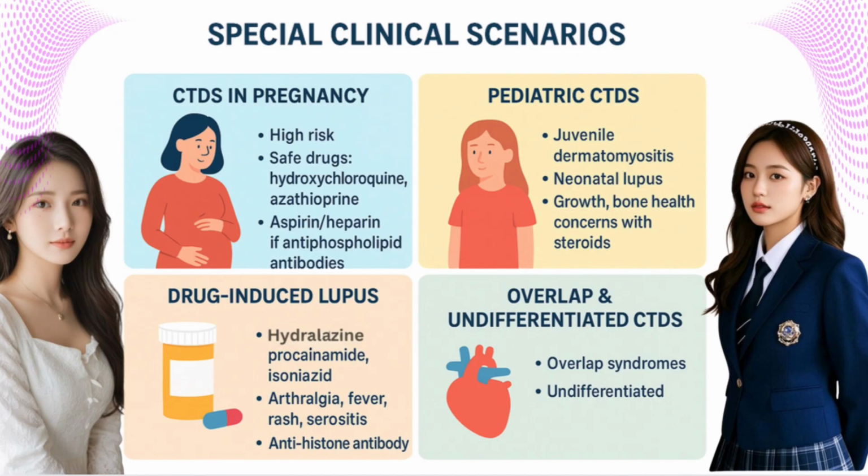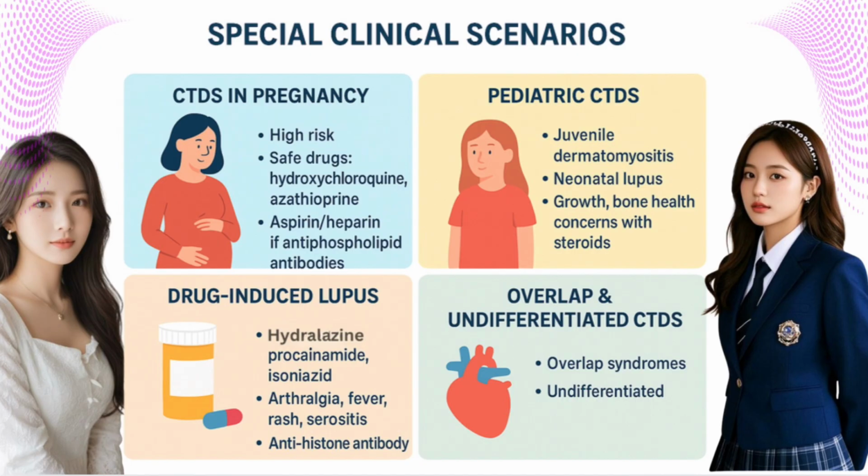Neonatal lupus occurs due to transplacental transfer of maternal anti-SSA Ro or anti-SSB La antibodies. Baby may have rash, cytopenia, or most seriously, congenital heart block. The heart block can be permanent and may need pacing. Why important? Because in pediatrics, long-term growth, bone health, and school performance are major concerns while treating with steroids or